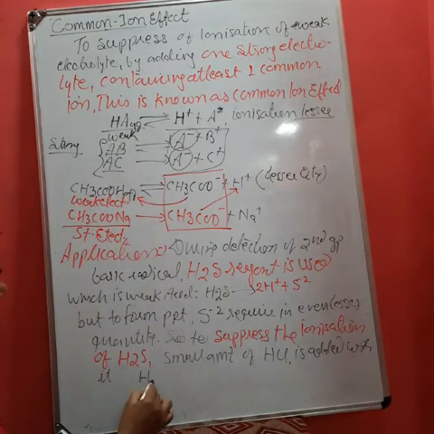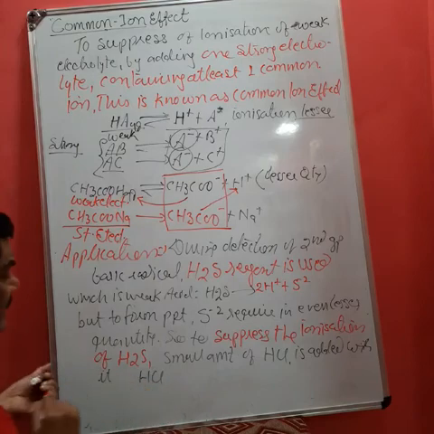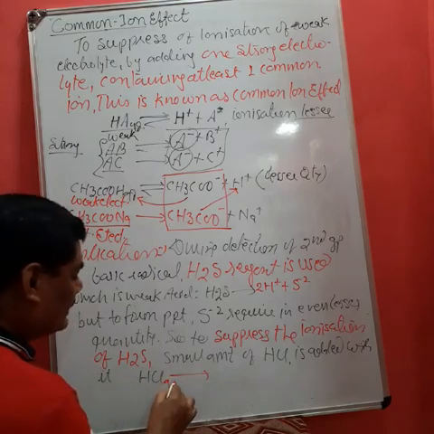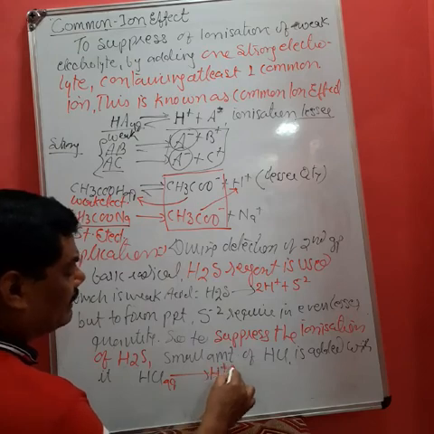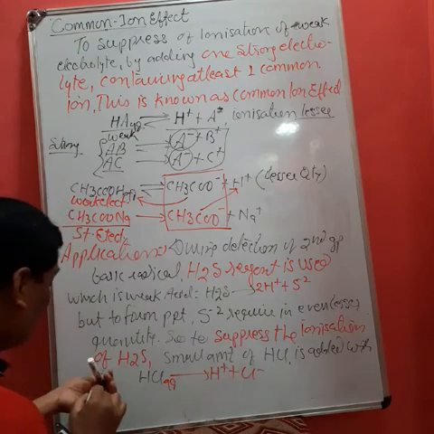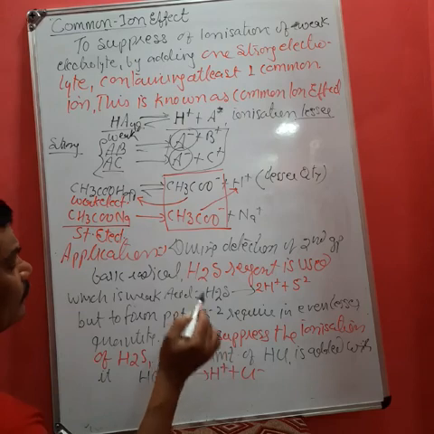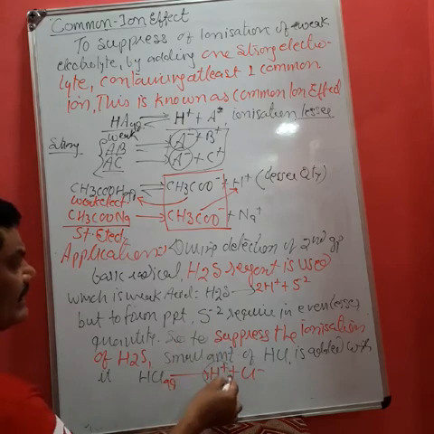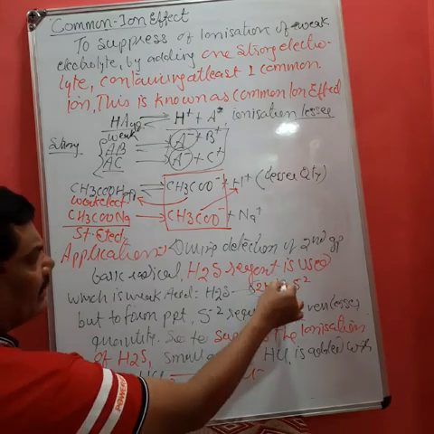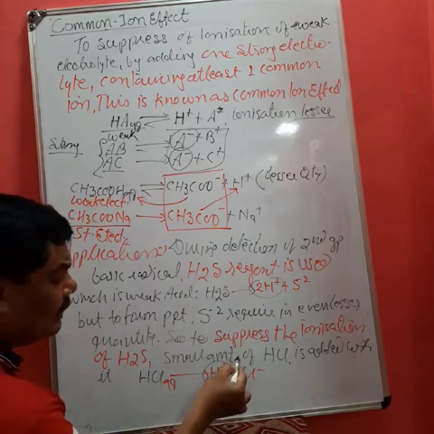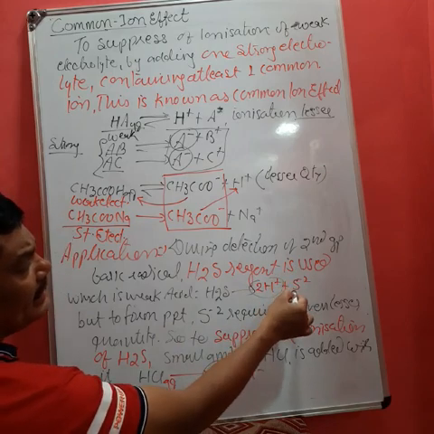Now student, you know that HCl is a strong electrolyte. So its aqueous solution gives H cation plus Cl anion. Now on the product side, the quantity of H cation increases, like here H cation and here H cation. So the increased quantity of H cation again reacts with